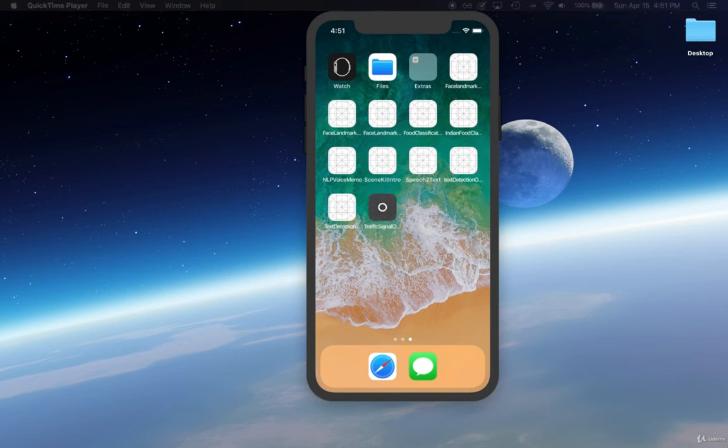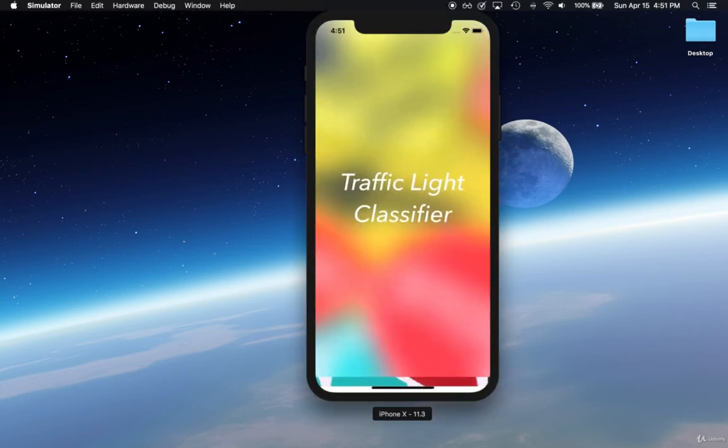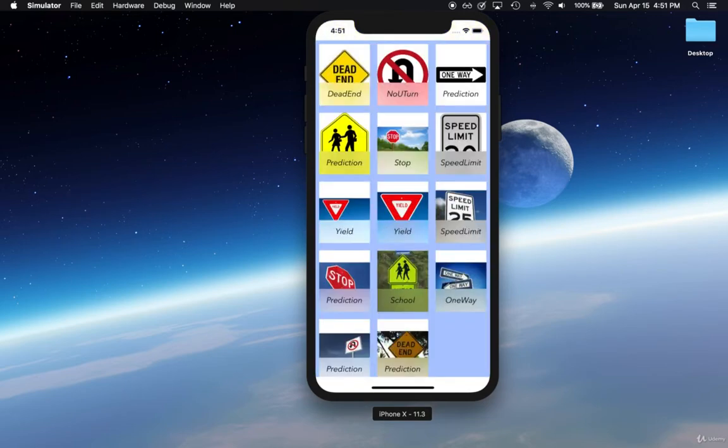In today's video, we are going to be talking about traffic light classification. So we're basically going to be building this app right here. And if you notice, we have some traffic signals. Basically, these traffic signals are just purely images, so there's no indication of what kind of traffic signal it